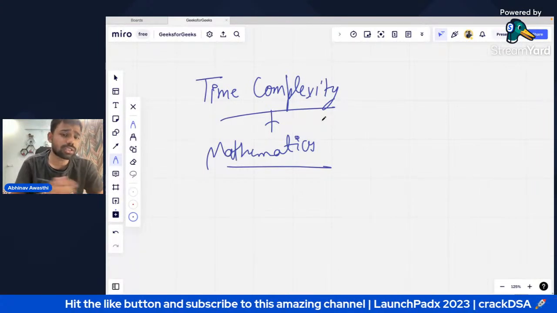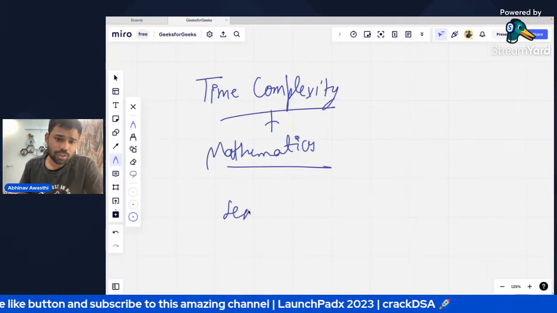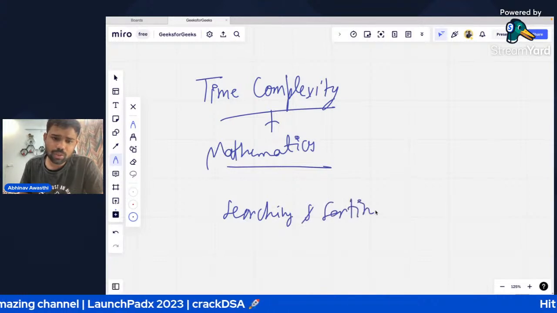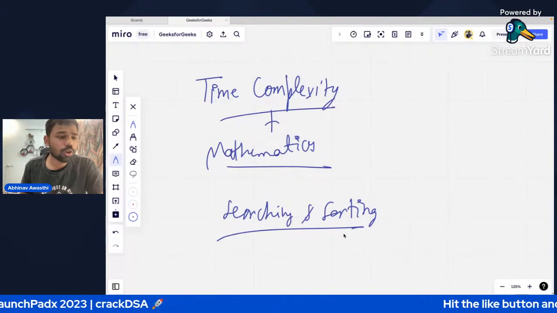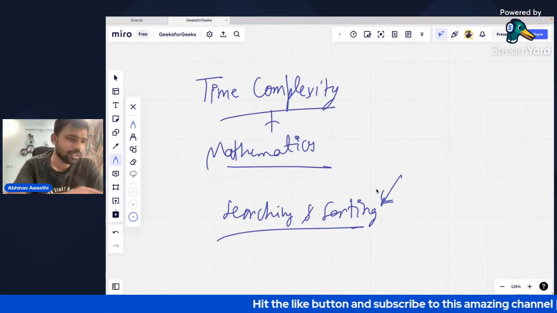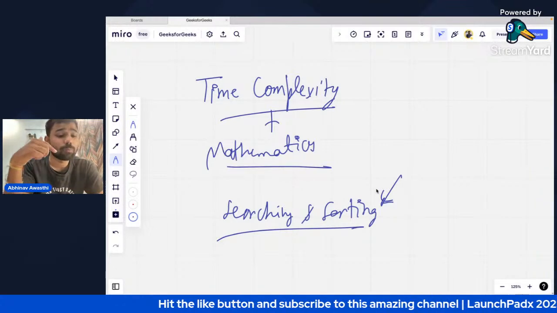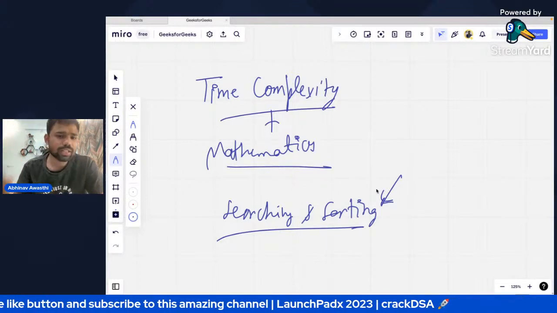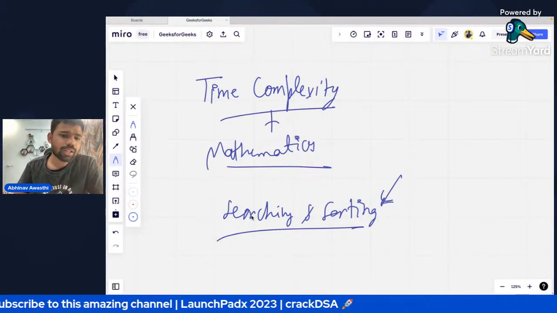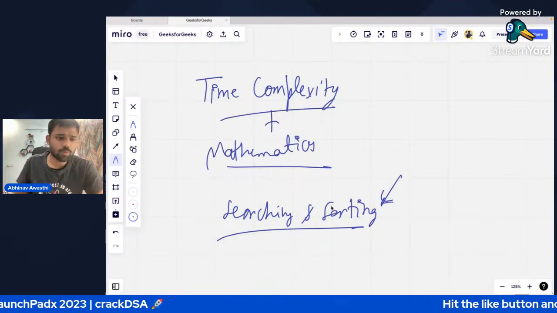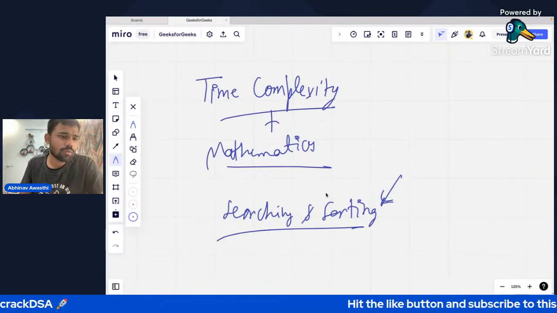After that, for searching and sorting, I will provide you some resources, because you will get multiple videos on the internet which will explain it way better. Okay, there are a lot of videos. So for searching and sorting, you can get the videos from there and you can have problems, and we will have a problem solving class for searching and sorting, if you guys want.